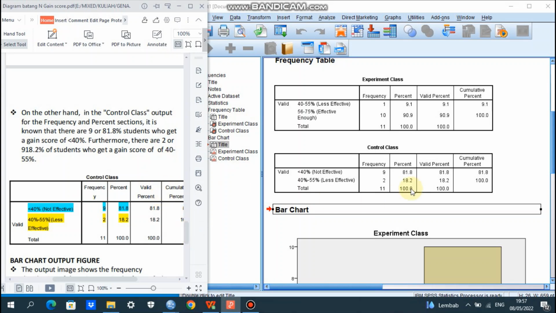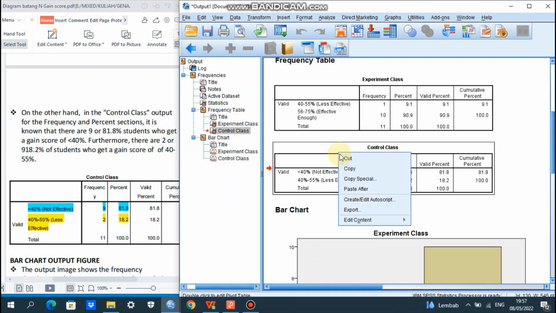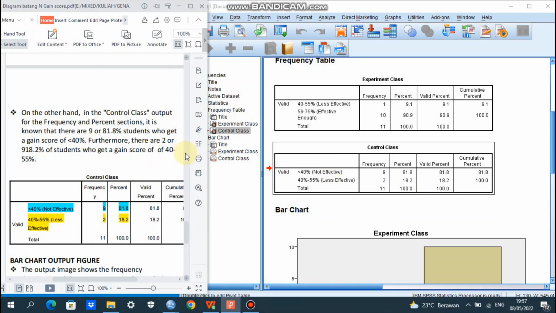Okay, let's go to the next. Of course, we can make the summary here by copying this table from the SPSS output and you can paste it in your MS Word file here. In the control class output for the frequency and percent sections, it is known that there are 9 participants, or 9 times, or 81.8% of students who get a gain score of less than 40%.